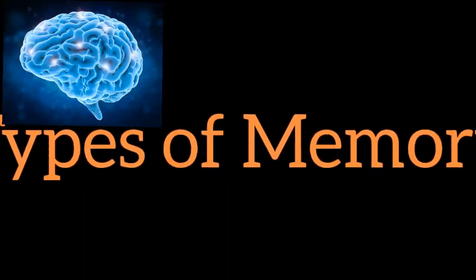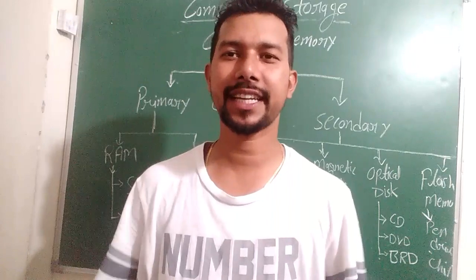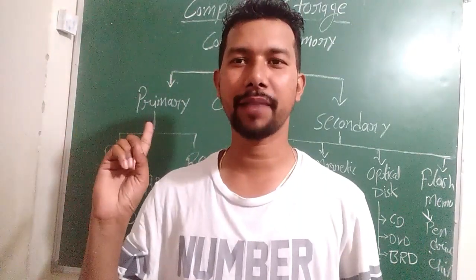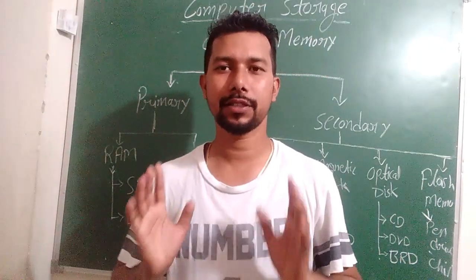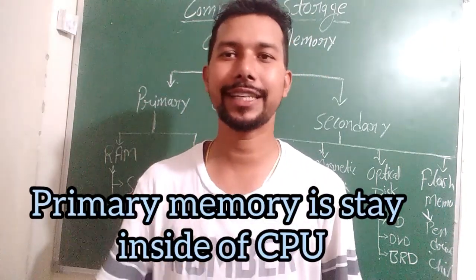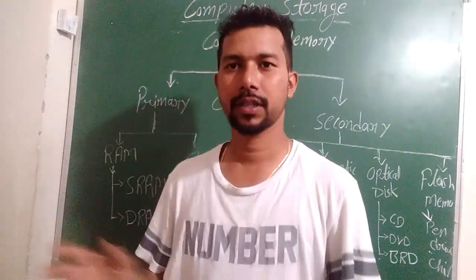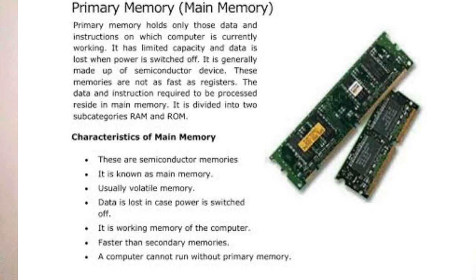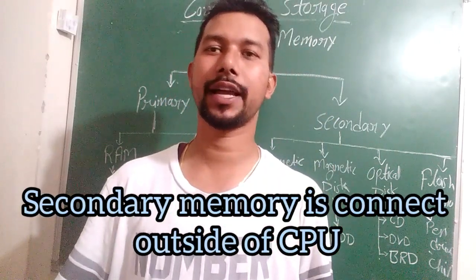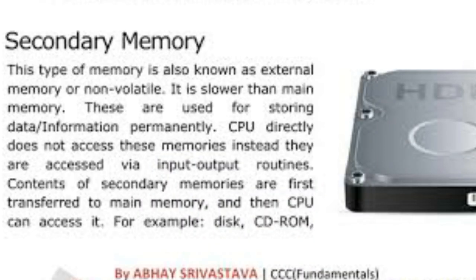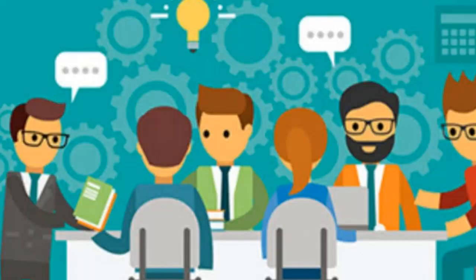Dear students, computer memory is basically divided in two parts. First one is primary and second is secondary. Primary memory is situated inside your CPU, like the RAM and ROM. Secondary memory is connected outside of your CPU, like hard disk, pen drive, and many more devices. Before we discuss all the points, we discuss some special terms of memory: